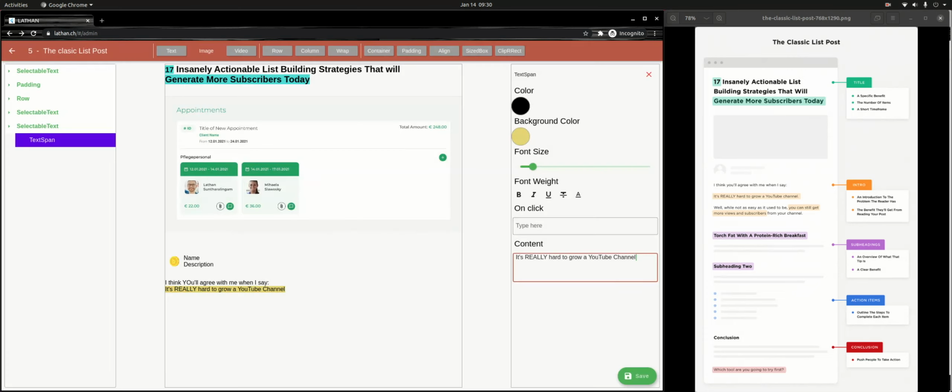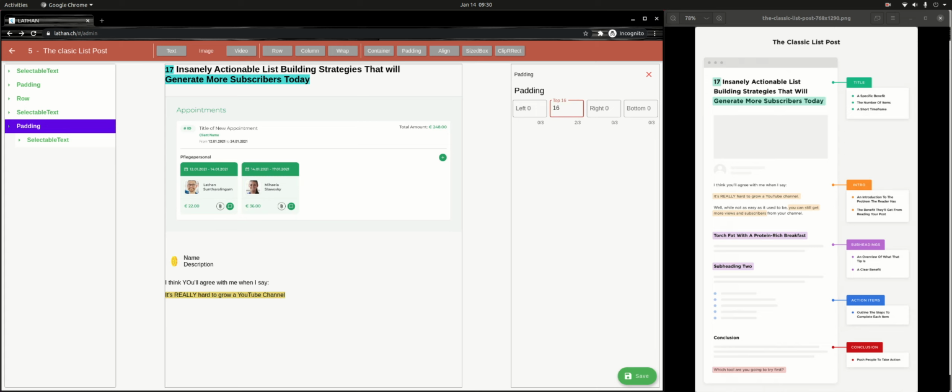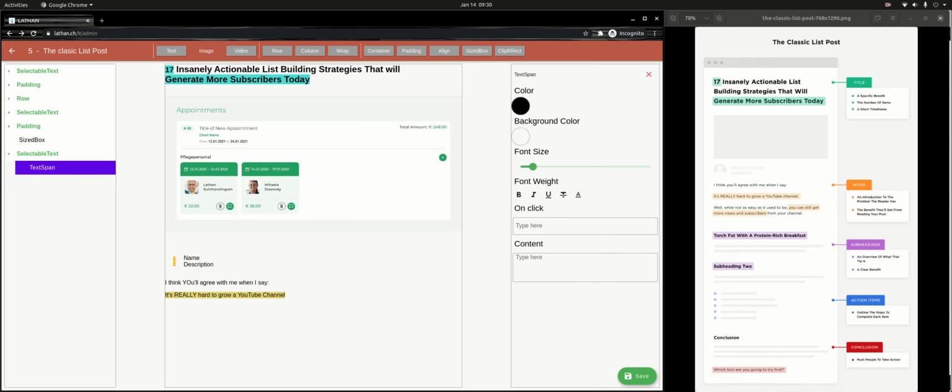Okay, what I'm going to do is select the text, put it under padding, and give padding only top, 16 pixels. Okay, the next thing I'm going to do is add a sized box too, and the height is only 32 pixels, and I'm unselecting. We can't unselect due to a bug. For that I'm selecting padding first and unselecting the padding and adding one more text, and select the text